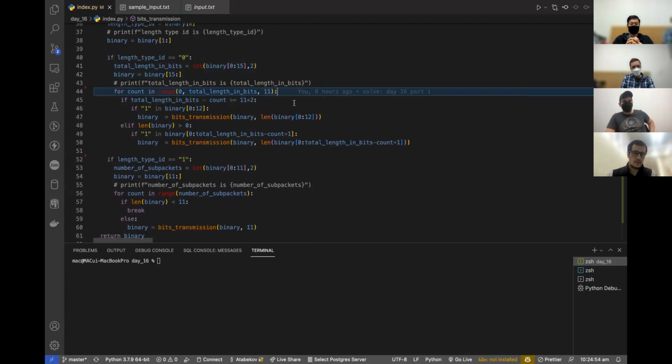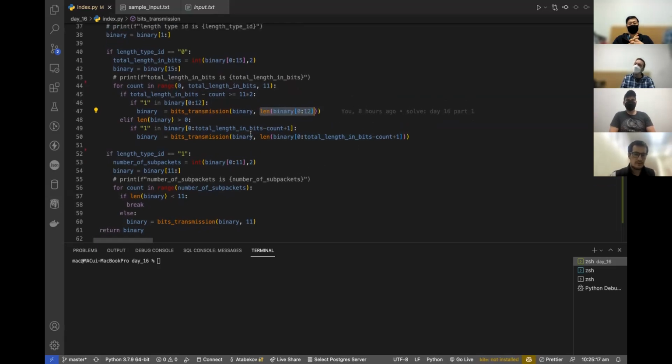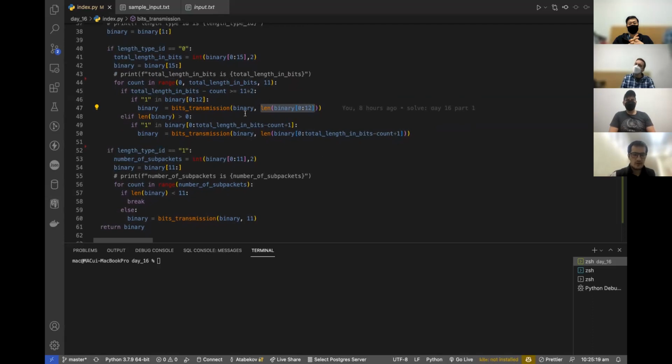It could be more than 11. So as I go, I will chunk my binary and call my recursive function with the same binary and different lengths. This will be the length of the current subpacket. So if it's 11, it will be 11, otherwise it might be more than 11. So every time I call my bits transmission, it has to return a binary, the remaining binary, after calculating or decoding